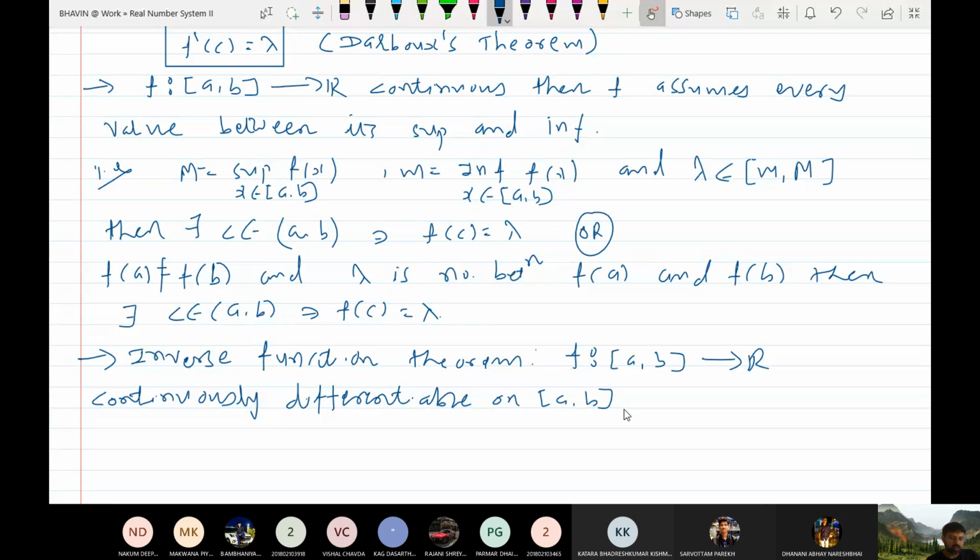Okay, and let us assume that f is one-one, such that f'(x) is not equal to 0 for all x. Okay, then we have proved that f is monotone, isn't it? In the previous lecture, I think we have